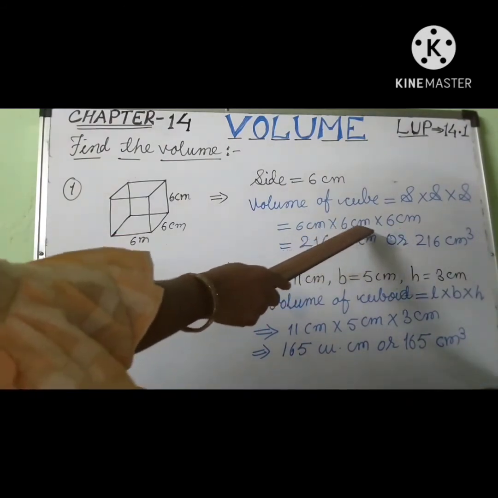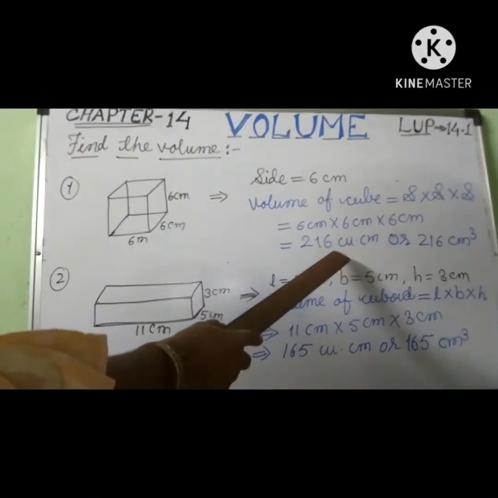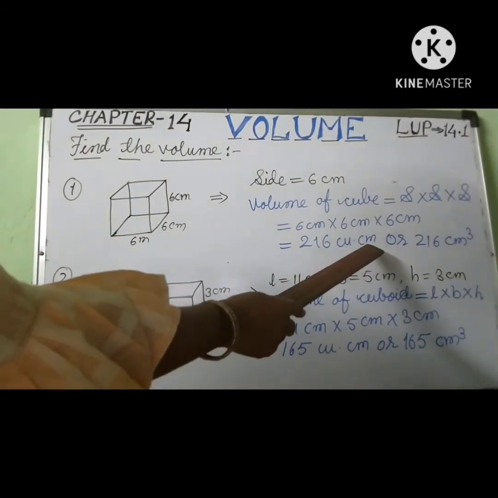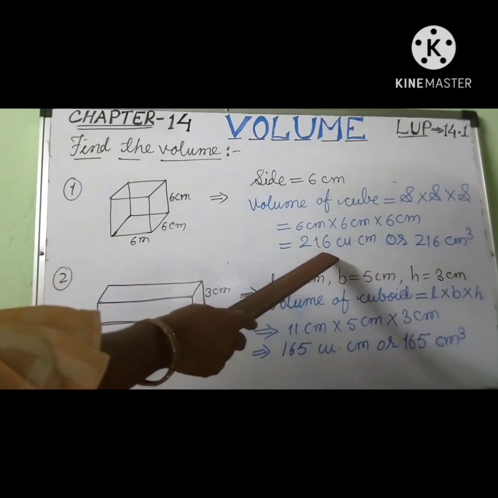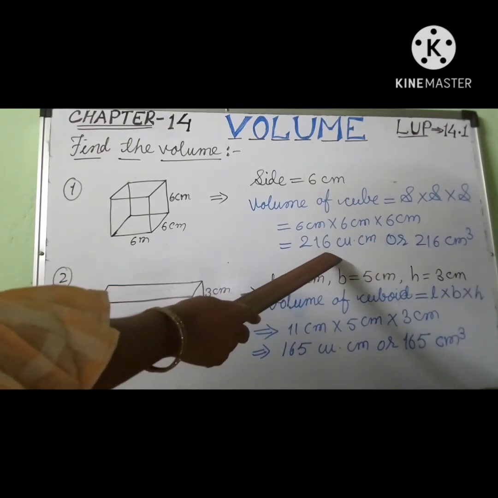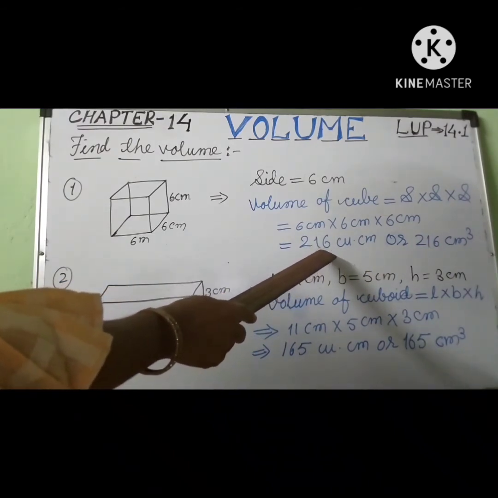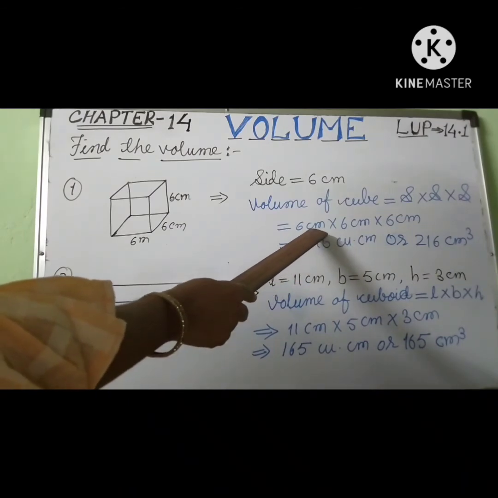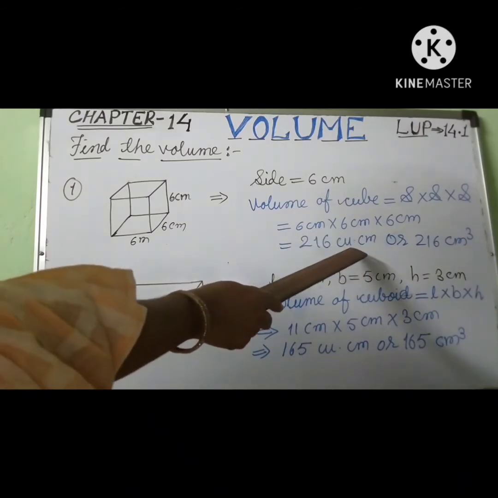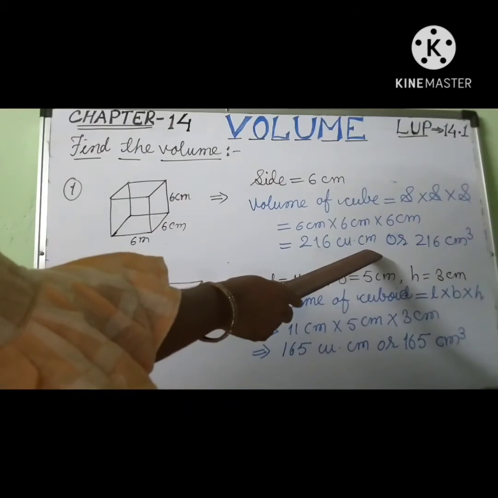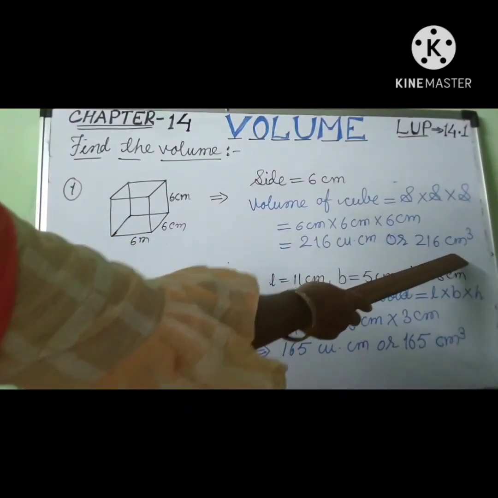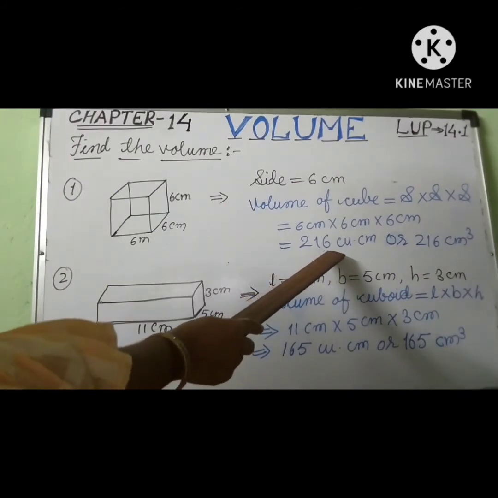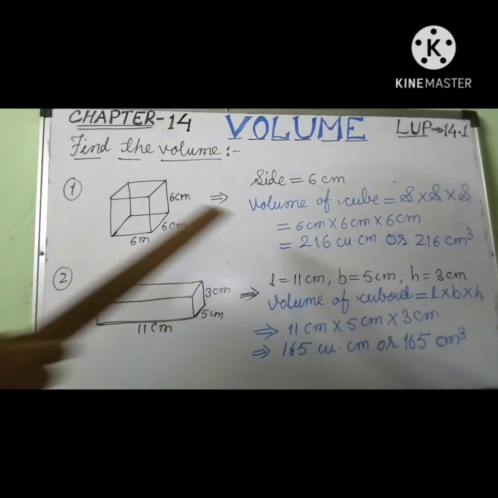And here centimeter is multiplied 3 times. So here we can write unit cubic centimeter. Cubic in short we can write CU. Okay. So it is cubic centimeter. It is very compulsory to write unit when we are writing volume of the cube or cuboid. So here side is in centimeter. So we can write units in cubic centimeter. It can also be written as centimeter cube. Okay. So answer is 216 cubic centimeter.